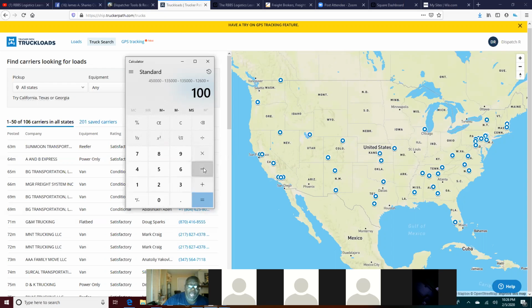And only 30% of that 100 loads, which would be 30 loads, were booked down here. That's $45,000 a week that the firm brings in, minus 7%. That's $3,150 per week off of that one account.